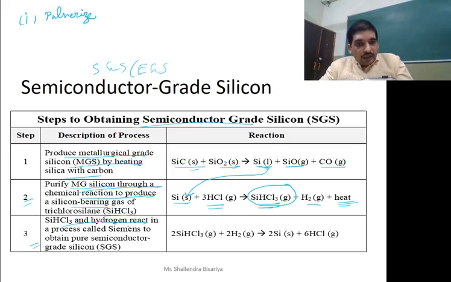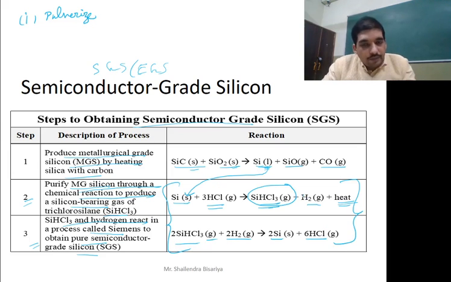SiHCl3 and hydrogen react in a process called Siemens to obtain pure semiconductor grade silicon. Now see this process: 2SiHCl3 gas combined with hydrogen gas gives us 2Si solid plus HCl gas. Now have a look at these two reactions. Are these not reversible reactions? First we are combining Si with HCl giving SiHCl3, and H2 is emerging out. Now we are combining SiHCl3 with H2, right? And Si is emerging out